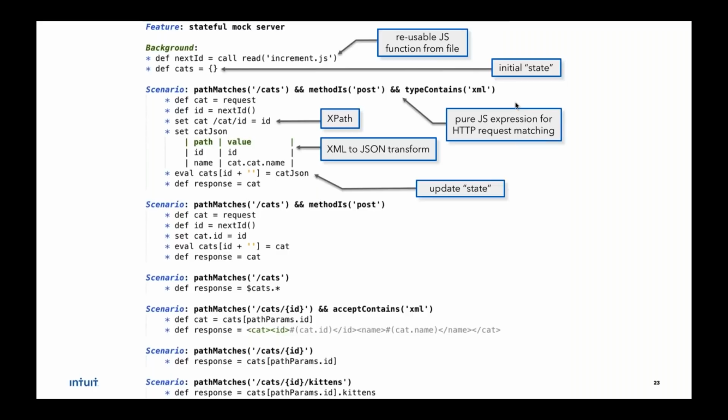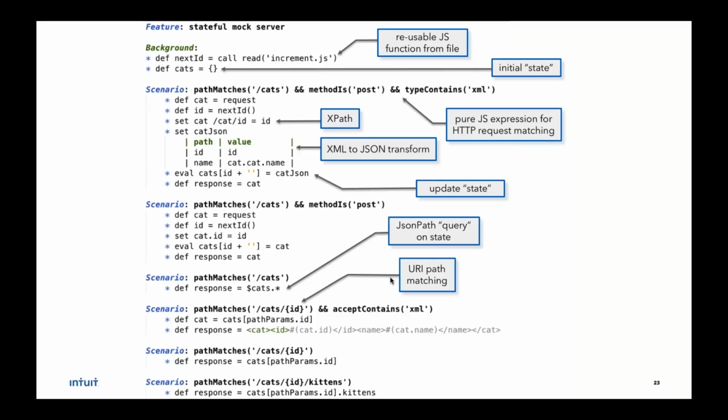Moving on, this is again an example that most people won't need, but if you needed XML support, it's all there. I talked about the XPath. Here is how XPath works in a mock situation, which is interesting. You can even do some crazy things like convert XML to JSON, which you see here. And this is the important part. After handling a post request for XML, we took the JSON and stuffed it into that curly brace state global variable at the top of this file, so that it's now available if another request comes for getting it by that ID.